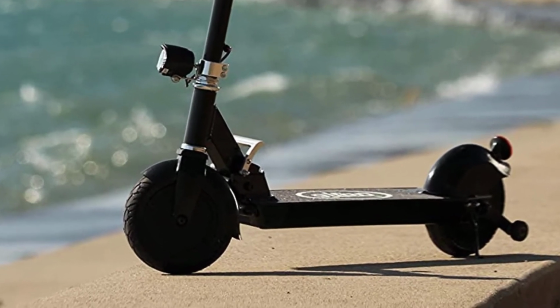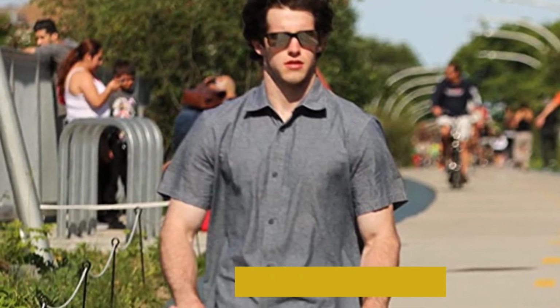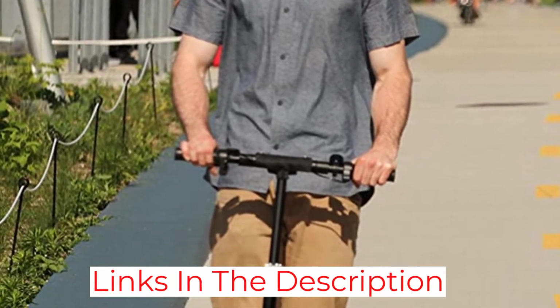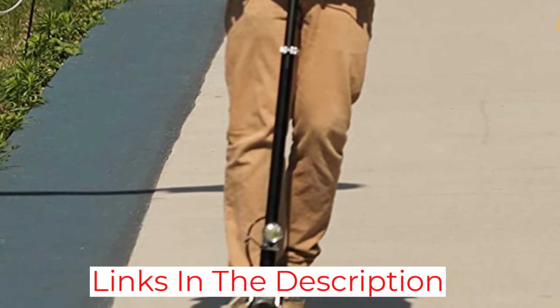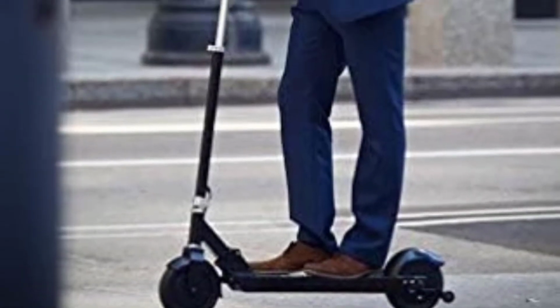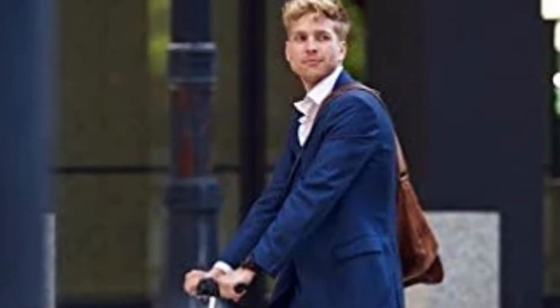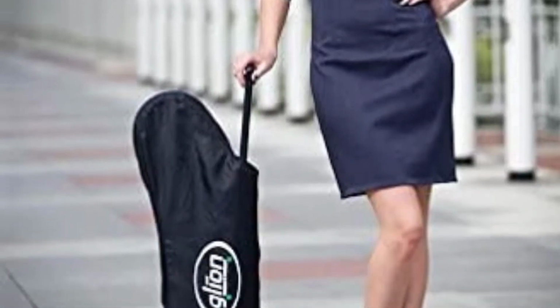The Glion Dolly's control scheme is a bit unorthodox, but still easy enough to figure out. It has a twist throttle on the right for accelerating and another twist throttle on the left for braking. Where it gets confusing is that the right twist throttle is variable speed while the brake twist throttle is on-off. So while you can gradually accelerate into full speed, the brakes immediately engage in full, so stopping feels a little